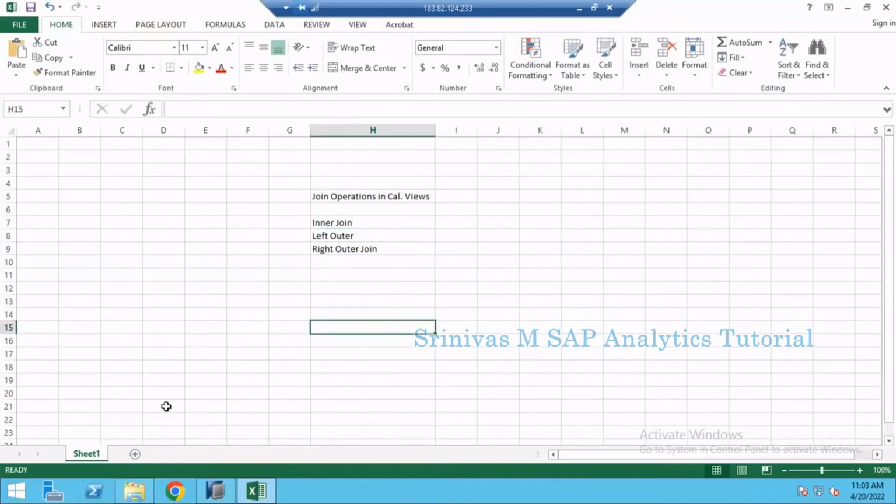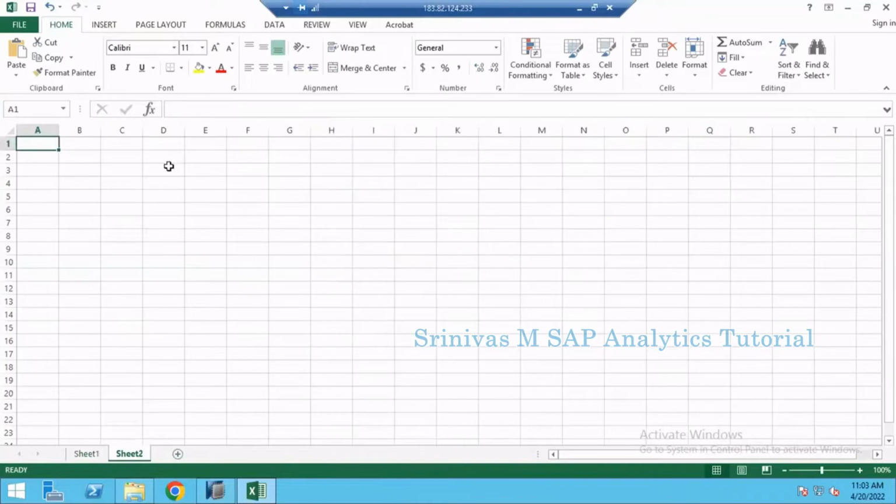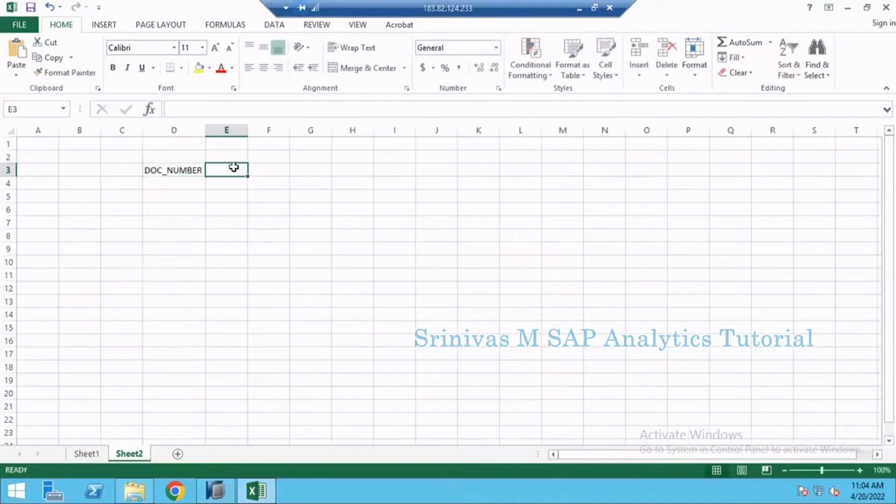So let's take one small example for inner join and try to understand it. Let's say we have some transactional data. This topic I already explained while learning SQL statements, so it's just a revision in calculation views also, because in SQL statements we need to know how to work with joins, and in calculation views we must also know how these joins work. Document number and then material, created